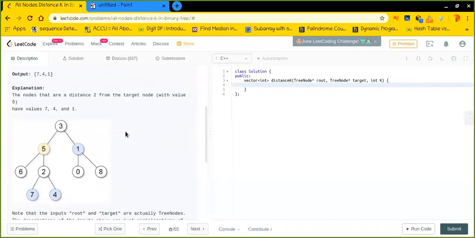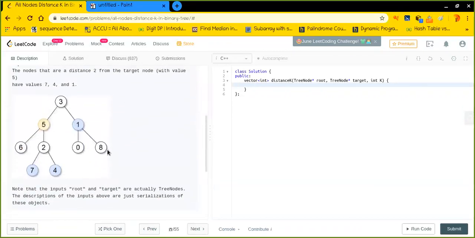So basically, let's say this is the tree right here and we have the reference to the root node, and there is a node, let's say 5, and that is our target. Why do we call it target? Because the integer k defines that we need to print those nodes which are k distance away from the target node.